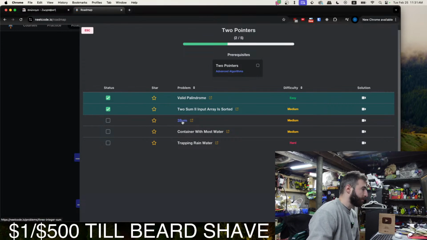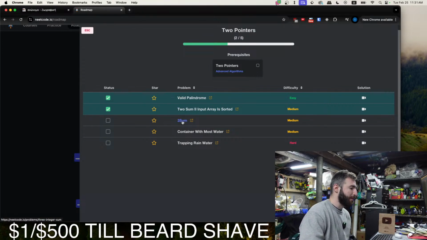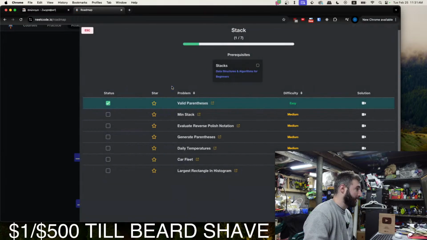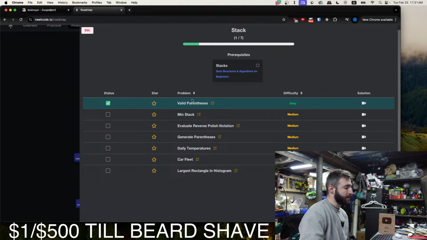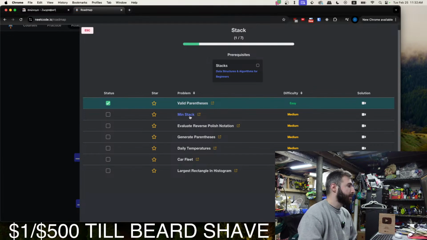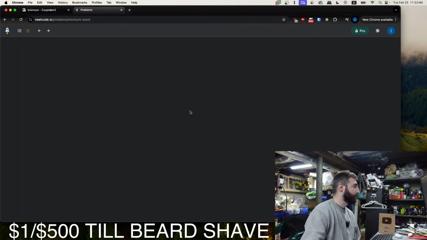I tried to do 3Sum, but one of my viewers said it was not safe for work because it's a threesome. The main reason was that it was way too hard. It was not computing in my brain. So I went over and started this stack problem, valid parentheses, not too difficult. So today we'll be continuing in the stack category. We'll do this min stack problem.